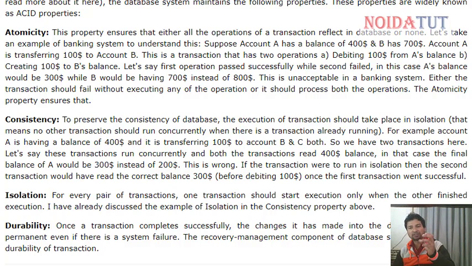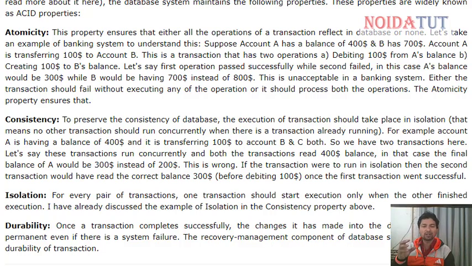C in ACID stands for consistency. To preserve the consistency of database, the execution of transaction should take place in isolation. That means no other transaction should run concurrently when there is a transaction already running. For example,